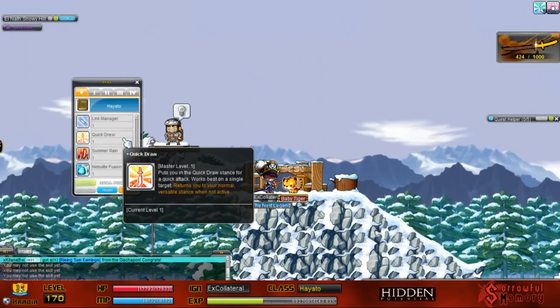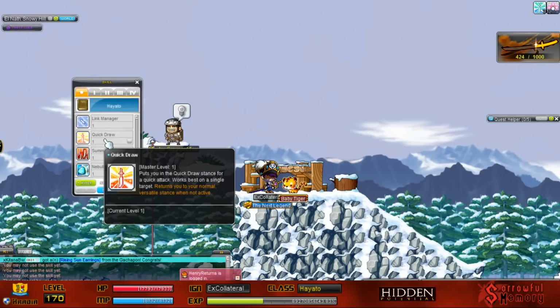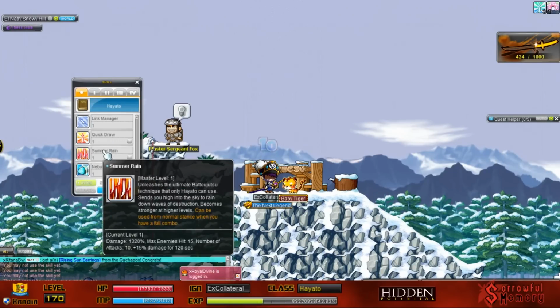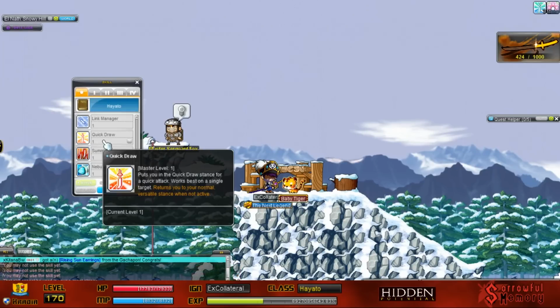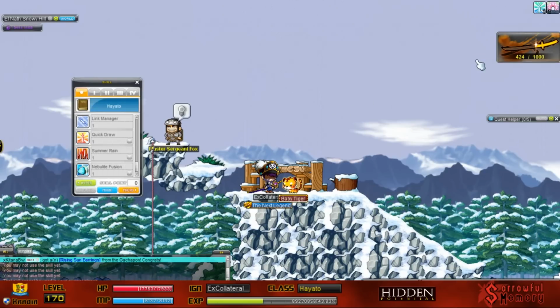And when I was looking at that, I also noticed Quick Draw. I believe this was a first job skill before, but now it's a beginner job skill and it does not have a description. I really wish it did. Like underneath current level 1, I wish it had the text that you would normally see there, such as this, to see how much damage or whatnot it does. But instead of seeing it over here, I realized you have to go over here,